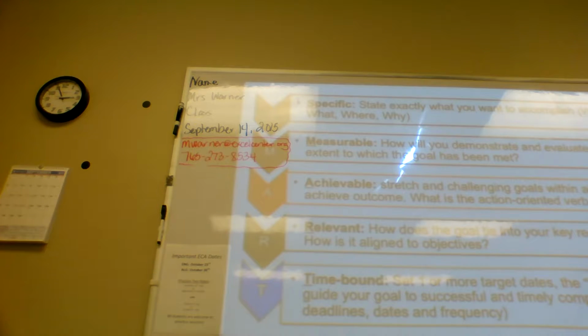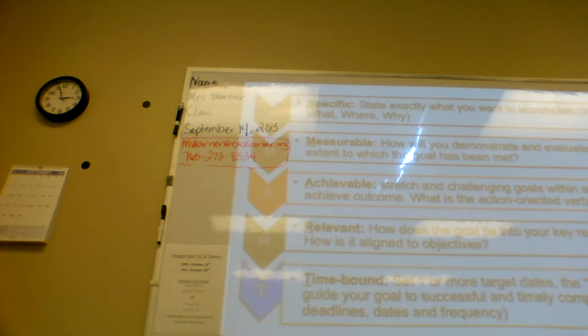Okay, so when we're creating these goals, we want to be very specific. So if your goal is to graduate from the Excel Center, great. So in order to make this measurable, you have to figure out what steps you're going to meet along the way. So I had a student who was in my English 2 class last term and this term, and his goal is to pass English 2 with a B. That's very specific. That's something that we can measure. So whether he gets his grade or not, that's going to be something that we can measure.